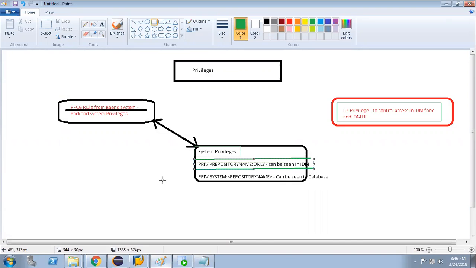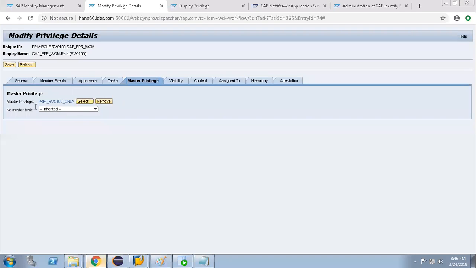At the same time, I told you that every backend system role is linked with these system privileges, so that whenever I assign a backend system role to the user, with the help of these system privileges, first it will create the user and then the roles will be assigned. Here you can see the master privilege, which is automatically updated.